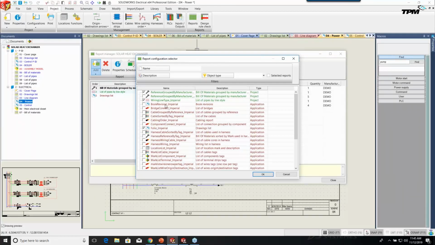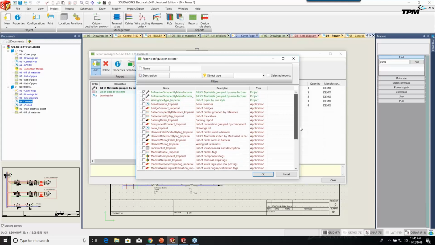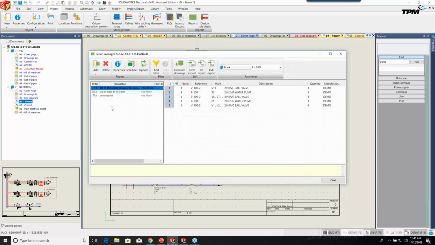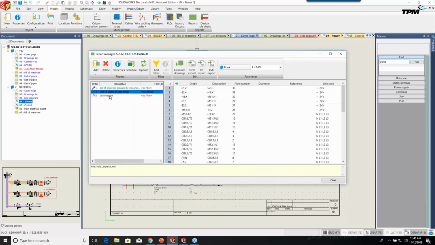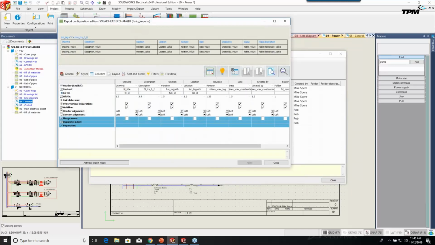Again, you can kind of get an idea: book of revisions, harness information. This usually is kind of the get-it-done reporting tool. Most of the things my customers need are in here. You can turn these on or off as required. And as you pull those in, you'll see that it actually generates these lists. It gives you a preview of what that documentation will look like so that you know you've got the right item. And then if you really wanted to get into it, like I said, each one of those reports you can get into